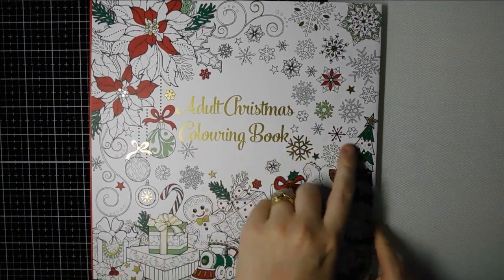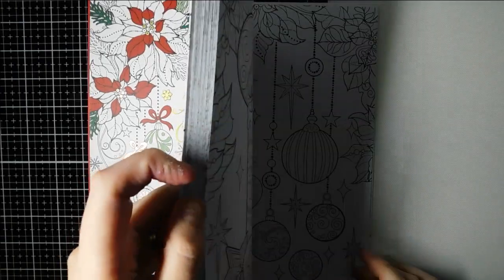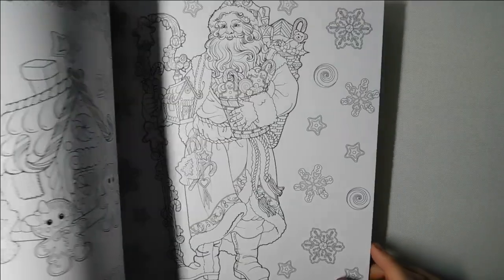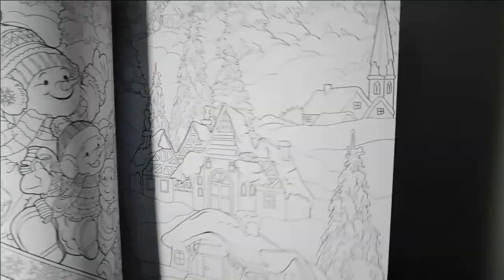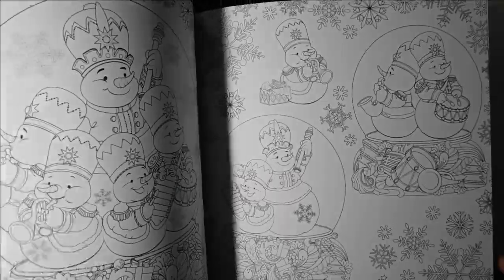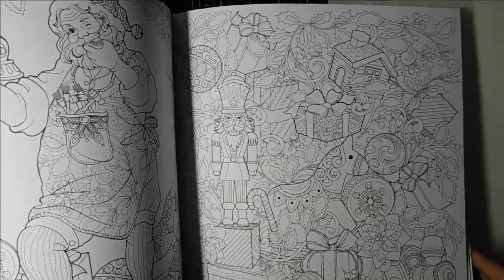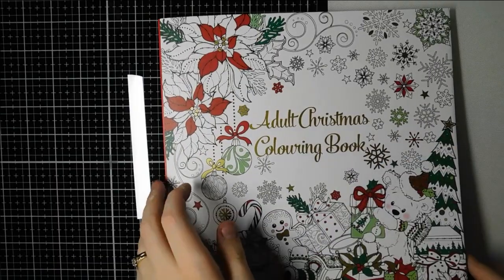I bought this one because Debbie from Debbie Loves to Colour actually bought this one, and she did a review on it, and I just thought they were really sweet pictures to colour over Christmas time. And then come Christmas and it was gone, and I just did not have the time. But it's there for next Christmas and the Christmas after that. I think this was only a cheap one. I think it was only about £3 from